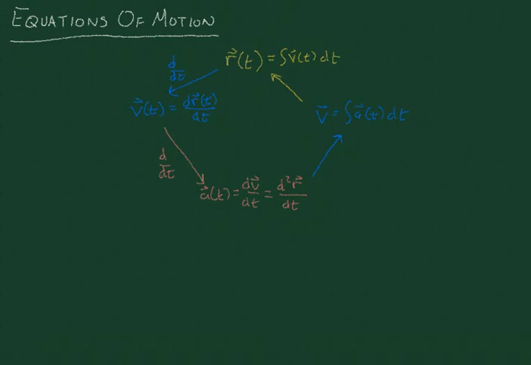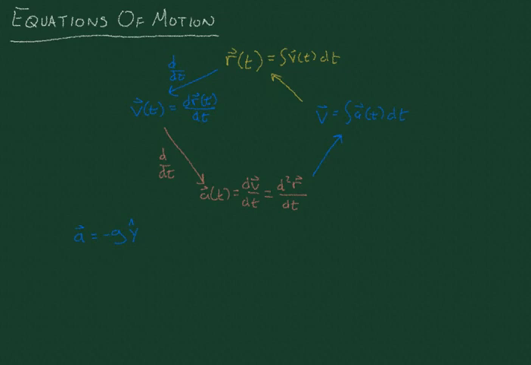So in this way, we can always go from a position to a velocity to an acceleration, or the other way around. If given any one of the three, we can find the other up to some constant, where we just recall that, for example, let's say I'm given an acceleration in a gravitational field where the acceleration is minus g y hat,